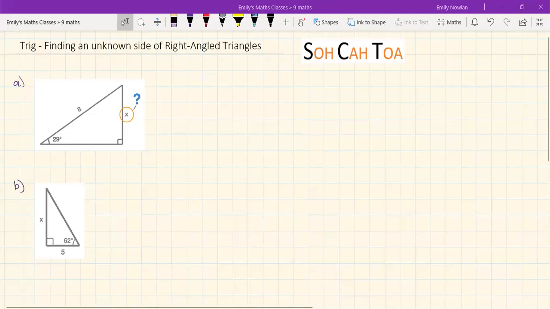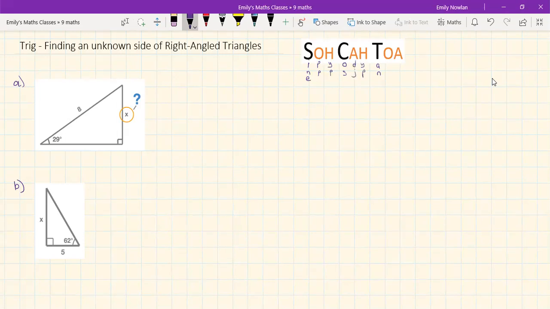Okay, next step with finding an unknown, using trigonometry with right angle triangles, is to find an unknown side. Now you've got to remember this thing we came up with, this SOHCAHTOA. So it's up here, we've got S is for sine, and C is for cos, and T is for tan. So there's the S, C, and T. And then we've got O and H stand for opposite over hypotenuse, or adjacent over hypotenuse, or opposite over adjacent